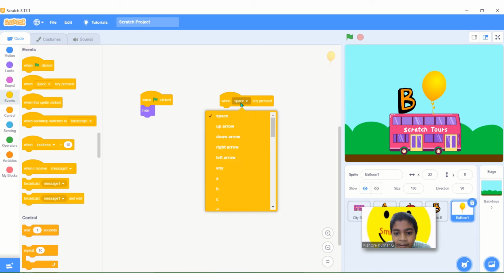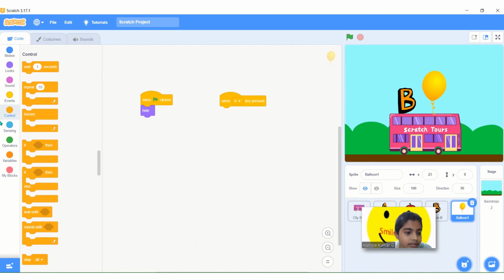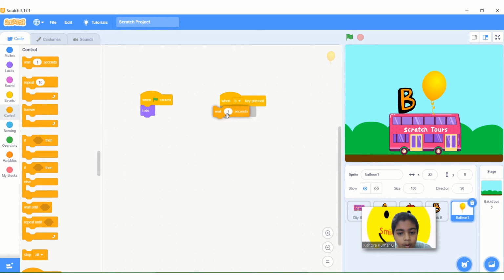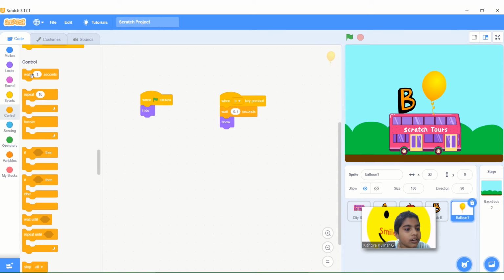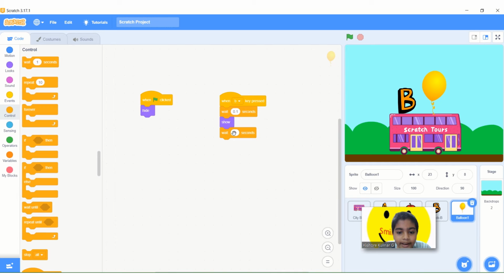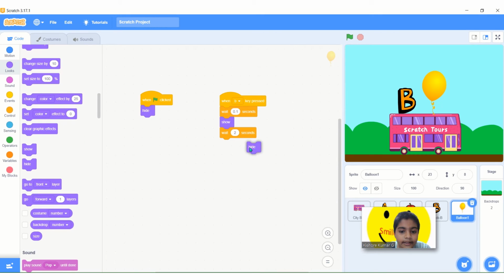When B key pressed, go to control, wait 0.1 seconds, again go to looks, show, go to control, wait 2 seconds, go to looks, hide. This is the code for the balloon. Now you need to follow the block B's code for all the letters.